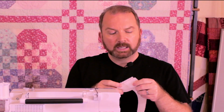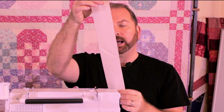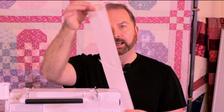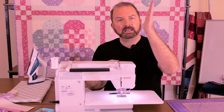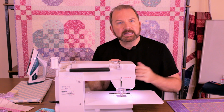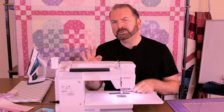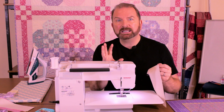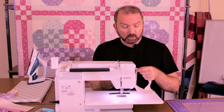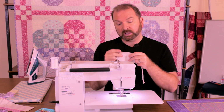finish point. So I've stitched my diagonal seam, and then what happens is when you open it out, you've got a lovely straight strip of fabric. Rather than having a straight seam across the middle, it's diagonal. And it just sort of fools the eye into not seeing the seam. And it works particularly well if you've got a busy print or quite a small print or even no print at all. And all you would do there is just cut off the